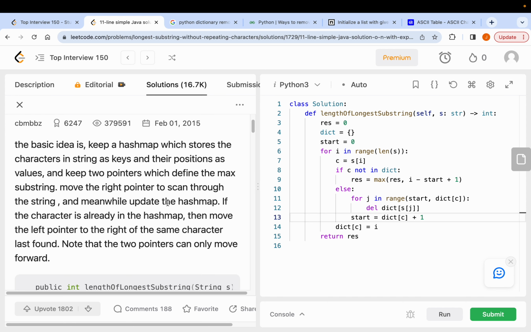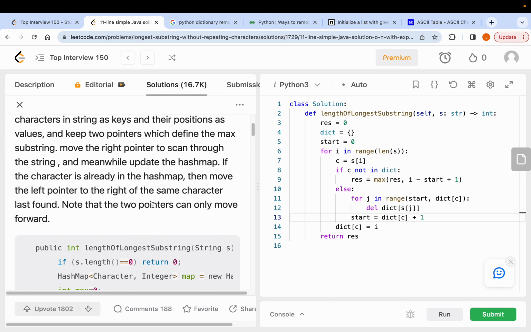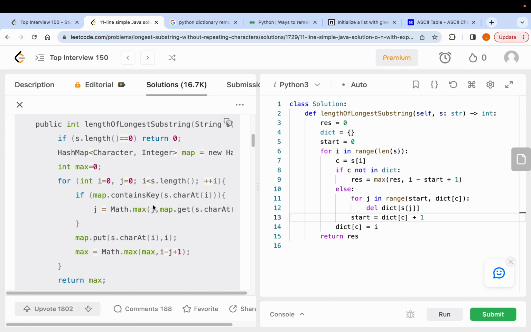That's exactly the same idea, same approach. Okay, so if it's in the dictionary, oh, I see, it looks like it's not doing this deletion part. Interesting. Let's see. If it's in the dictionary,